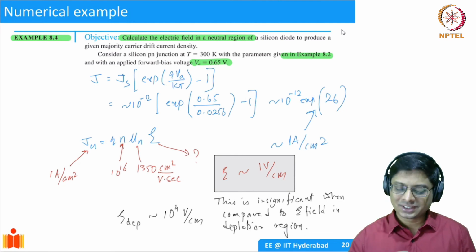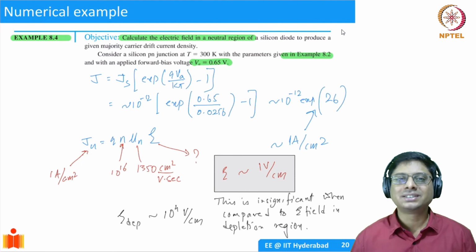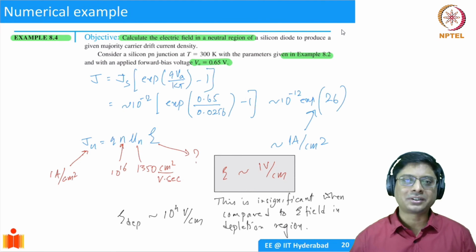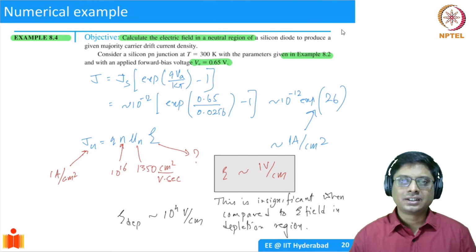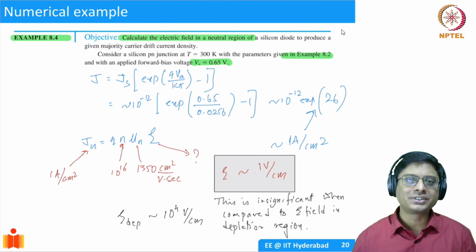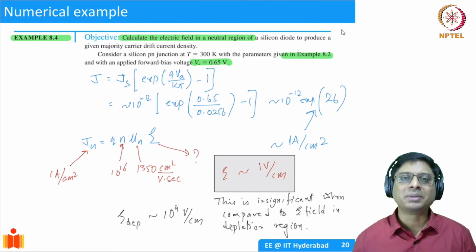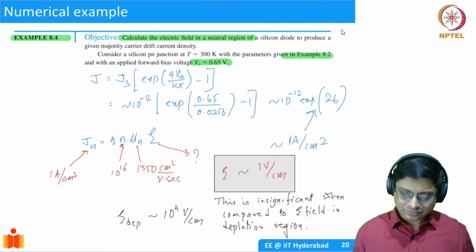It just ignores the minor point that there is a small electric field across a quasi-neutral region, not a large electric field. Well, it is also plausible because it's a semiconductor, right? Semiconductors have finite resistivity. They are not like metals. In metal, we say that the electric field is purely zero because they have huge carrier density. Even there it's going to be a small thing, but it will be negligible, right?